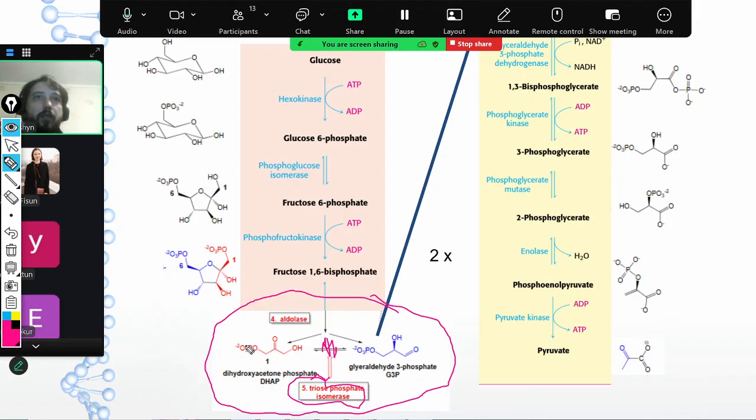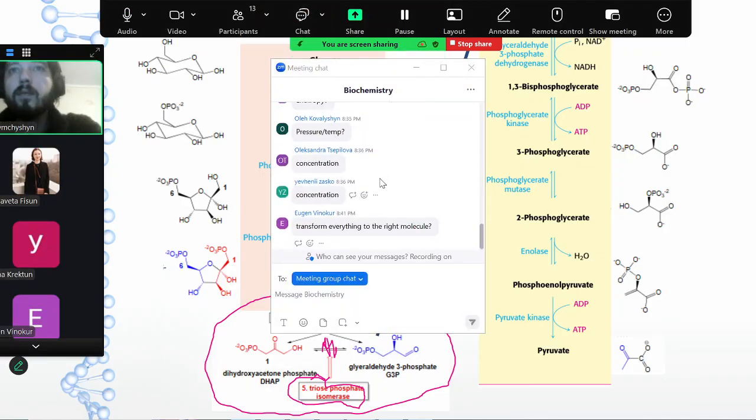If we just throw away one of the molecules, that's really bad. Well, it's basically what it's doing right now. It transforms one of the molecules into the other one